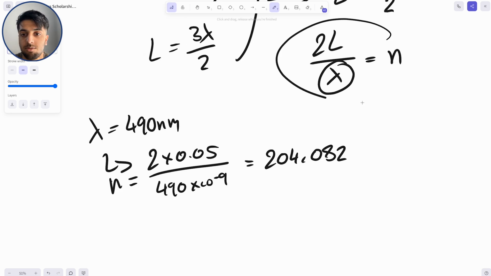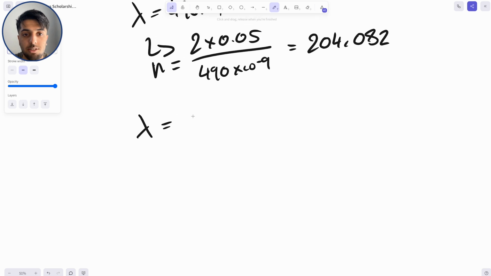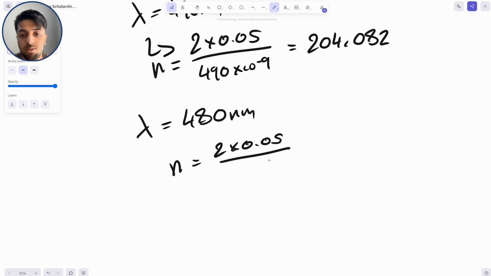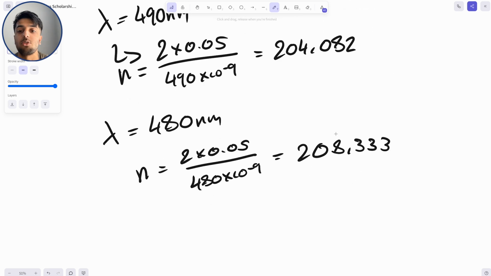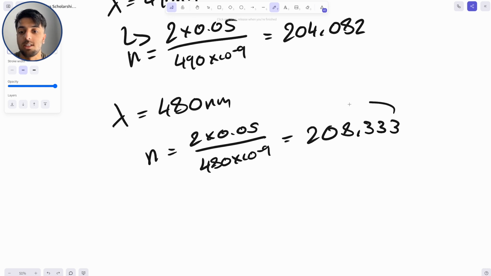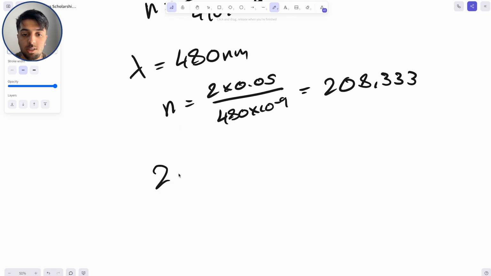That's n, by the way, using this equation. So for lambda equal to 480 nanometers, we get n is equal to 2 times 0.05 over 480 times 10 to the -9, and that's equal to 208,333. Now, to find the number of modes that are possible between these two values, we can subtract the smaller from the larger, and so we get